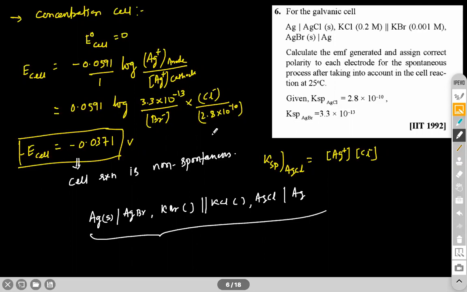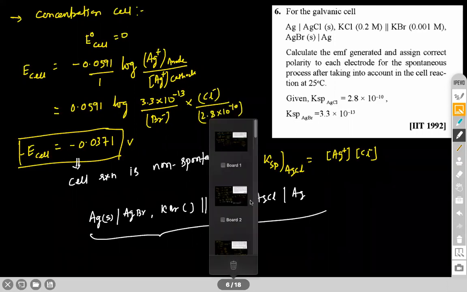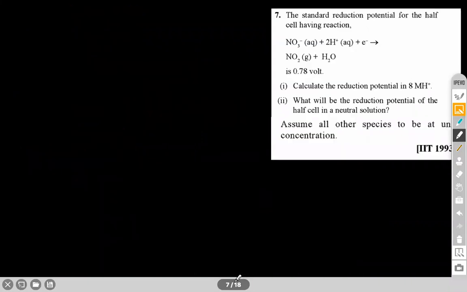Okay, fine. Next question you see. The standard reduction potential for half cell